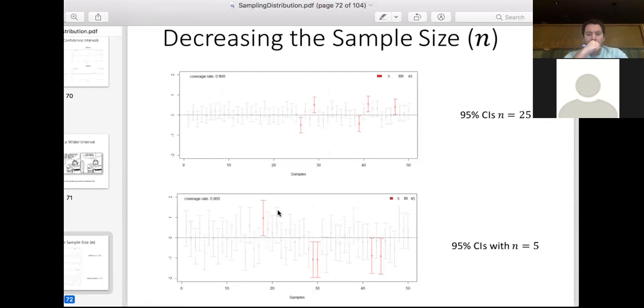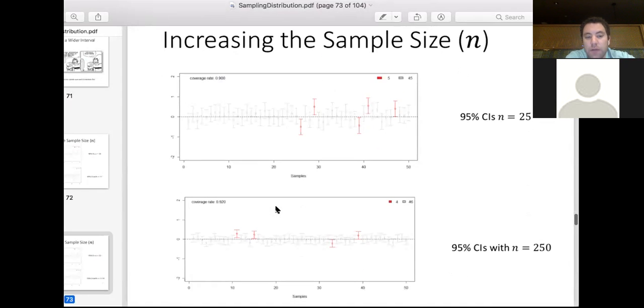So by decreasing the sample size, here you can see we're decreasing the sample size from 25 to 5. The coverage rate has actually stayed the same, but you can see how the confidence intervals have widened as you're decreasing the sample size here. You increase the sample size from 25 to 250, it becomes a tighter